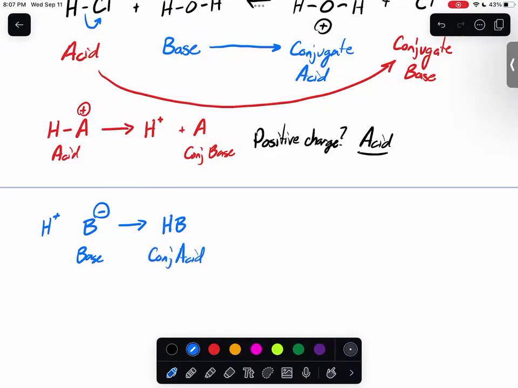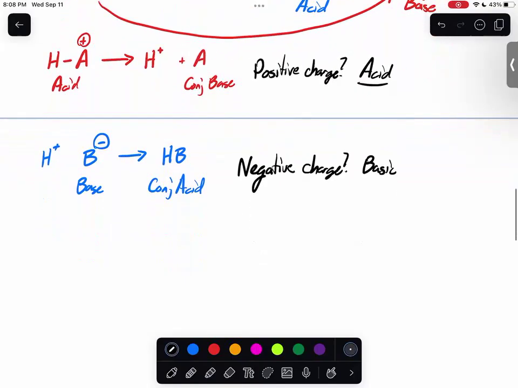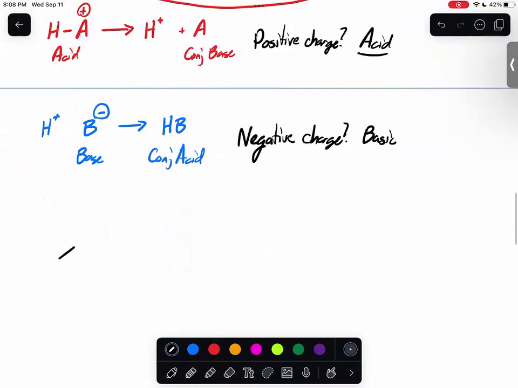And so with this, we can say that a negative charge is very basic, right? It has electrons to give up. Those are two good ways to identify if something is an acid or a base. Again, next lecture we'll go into more ideas behind what makes something acidic and what makes something basic. All right. But looking at this, we can apply this to multiple different types of reactions. And so with that, we'll bring up another one and we'll try and identify what the acid and base is